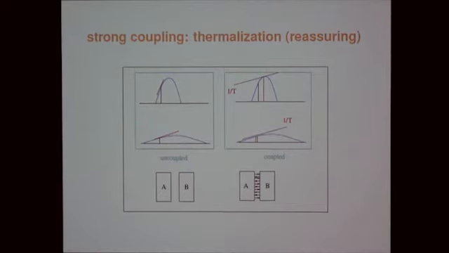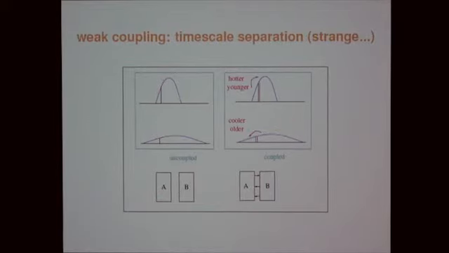But there is something much stranger that can happen if the interaction is weak but still there. What happens is something very strange. Because these two temperatures want to get the same, these two gradients, this system moves a little bit higher than what it should be, this a little bit lower. So this one acts as if it would have been more advanced in its evolution, and this one more retarded. And all in all, what happens is something that is very anti-intuitive, and it took us years to understand,